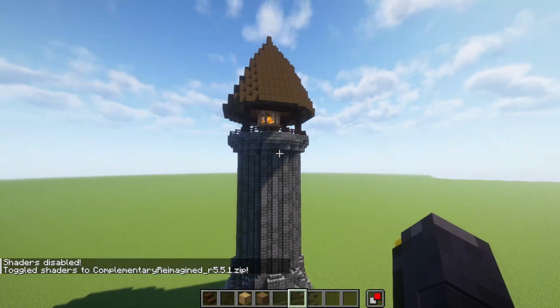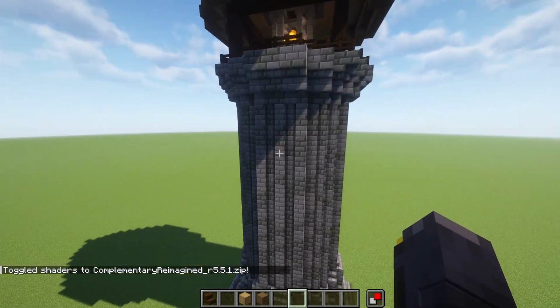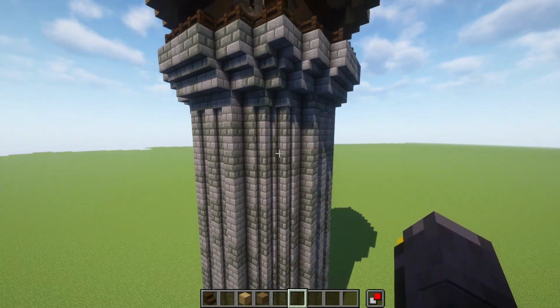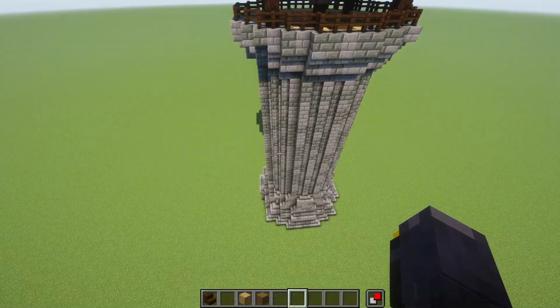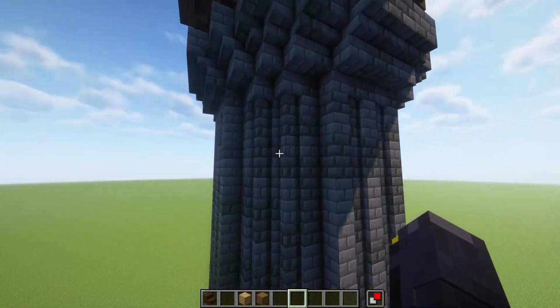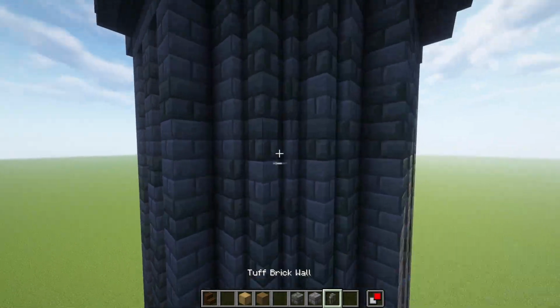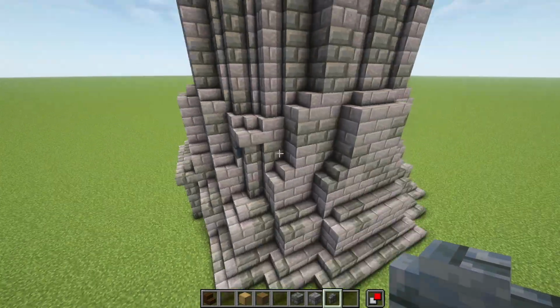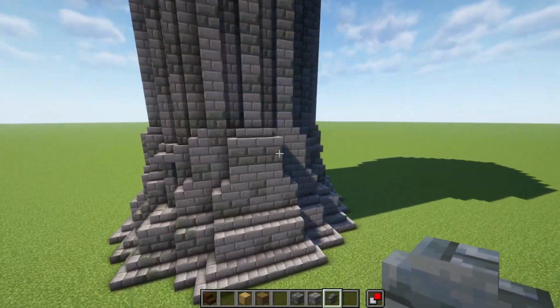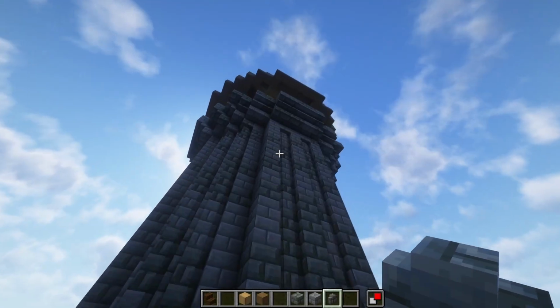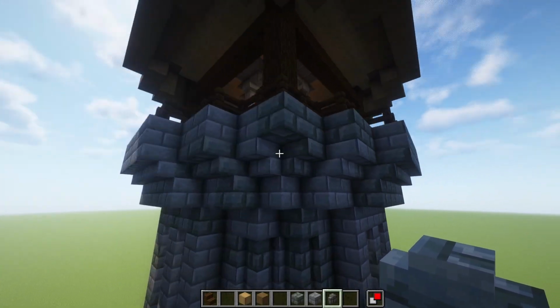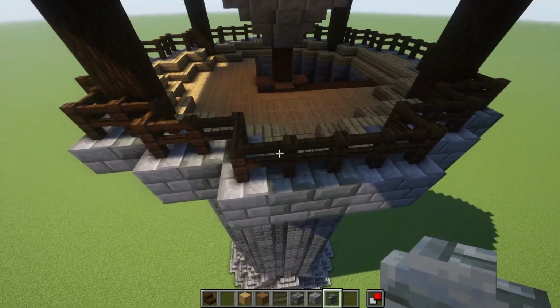Alright, after a little bit of playing around, I've decided to go with the brick style. It kind of just makes it more of a sturdy build. So I went around and changed it all to the tough end stone bricks. I also went around and completed adding in the walls, adding in all the smoothing texture on this bottom bit here. I also went up here and added in some at the top here, as well as adding a fence